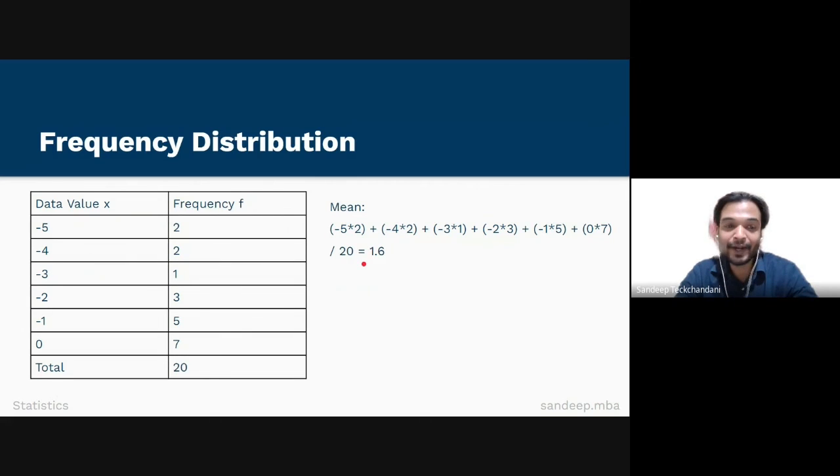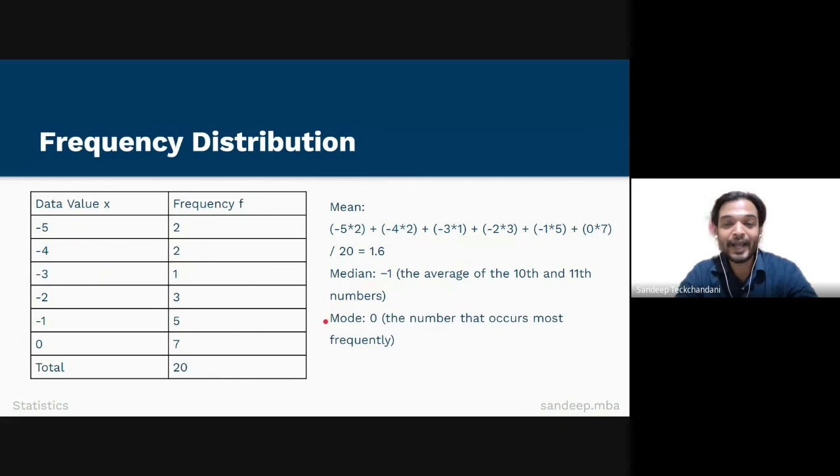I can even find the median in this case, which is equal to -1. It is going to be the average of the 10th and the 11th numbers. I can even find the mode, which is 0, the number that occurs the most frequently. Please observe that the number 0 has a frequency of 7, which is the maximum frequency, and therefore the mode